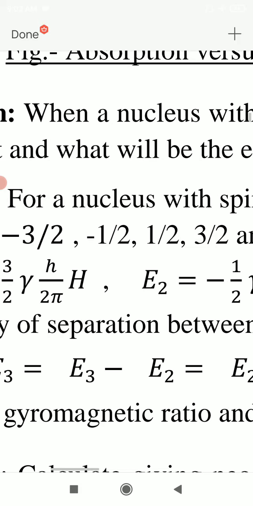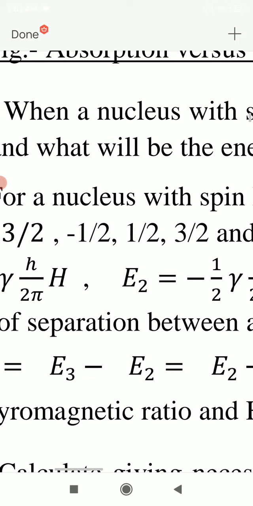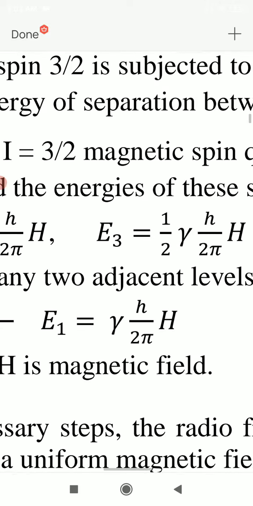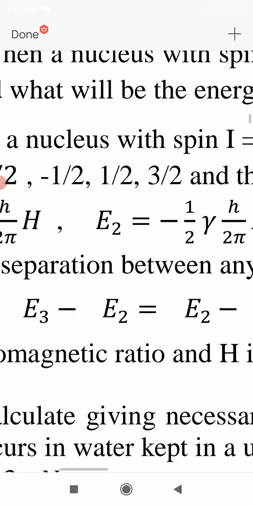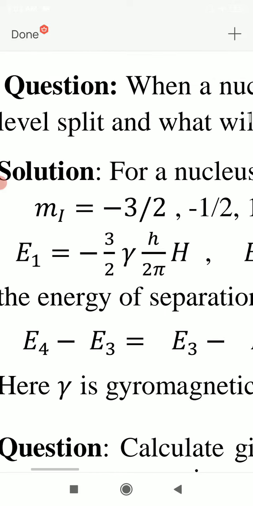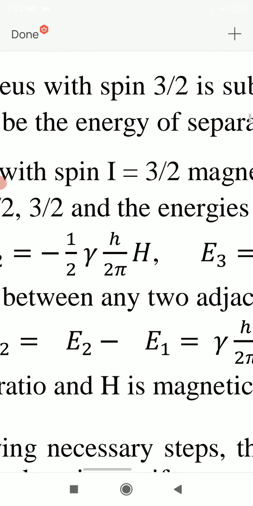Values of Mi are from minus I to plus I with difference of 1. So these are four values of Mi, and the energies of these states are given by this formula: